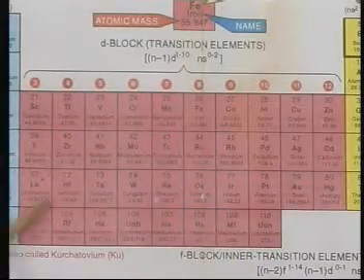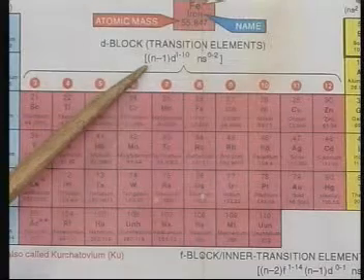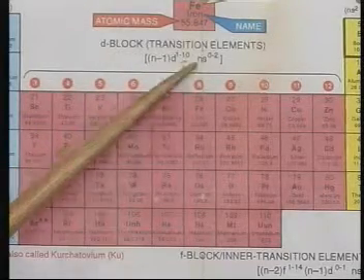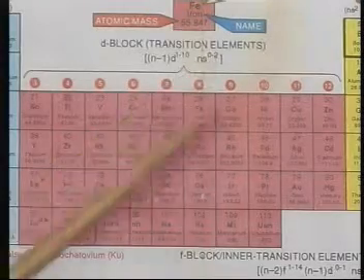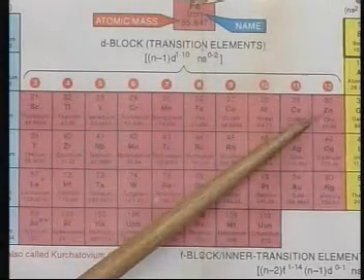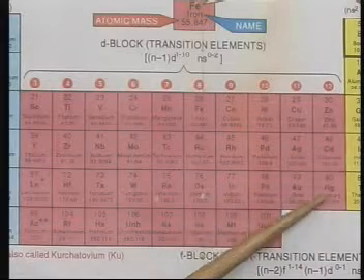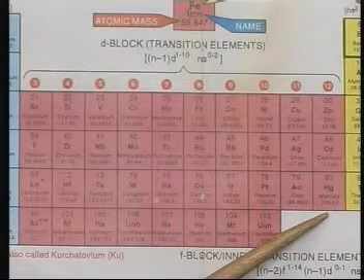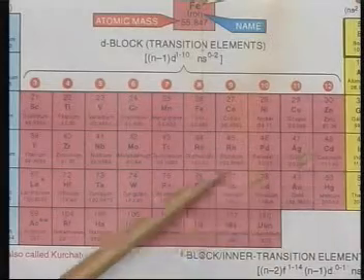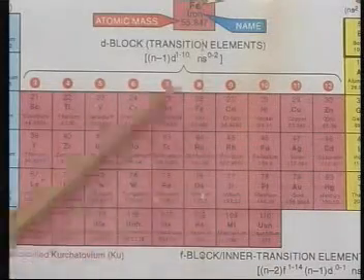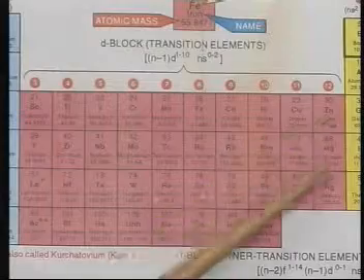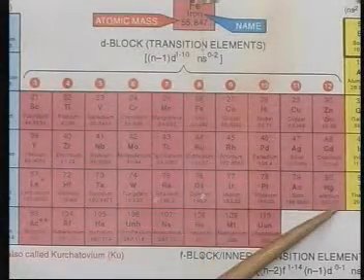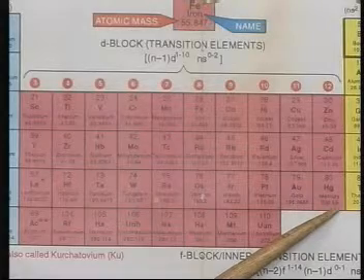These transition elements therefore have a configuration of (n-1)d 1 to 10 ns2. Now it may be seen that zinc, cadmium and mercury, where the d orbital is completely filled, have properties slightly different from these transition elements, but still they are grouped along with these transition elements because in these also the d orbital is being filled.